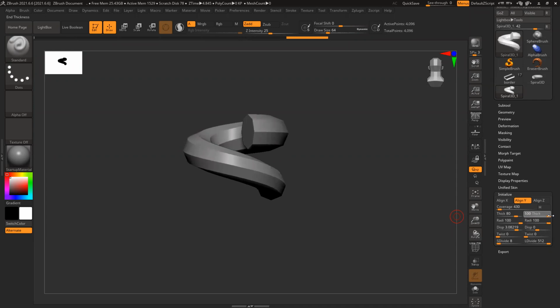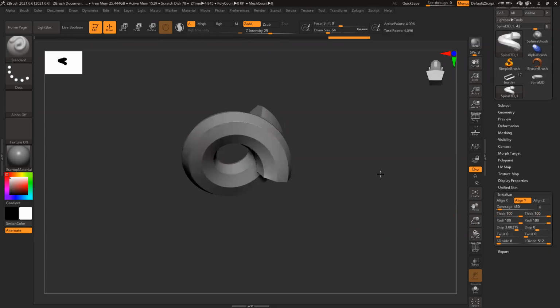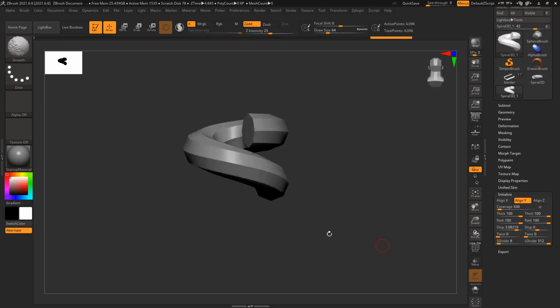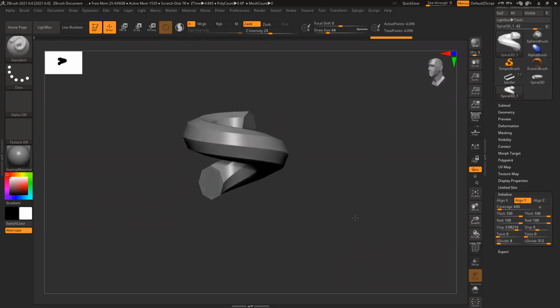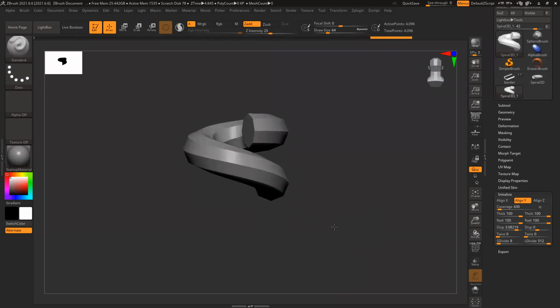Yes, equally thick. And now I have to check the twist. 100.